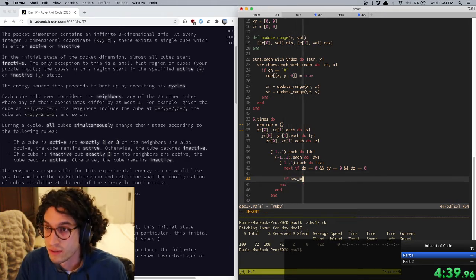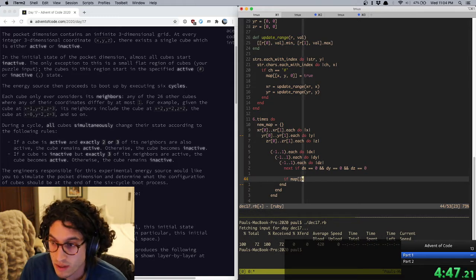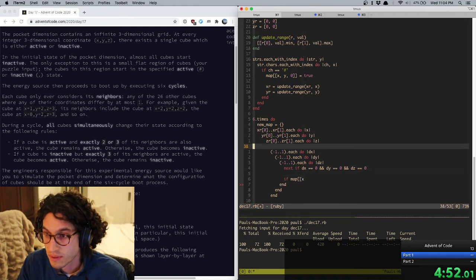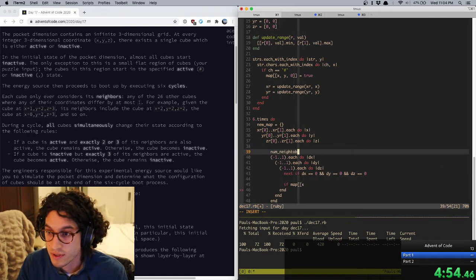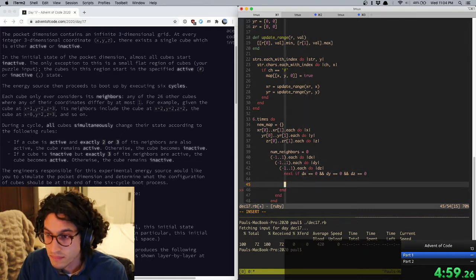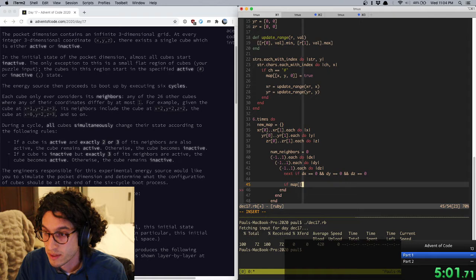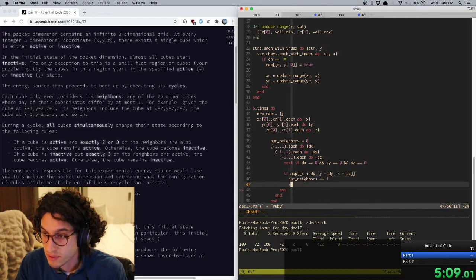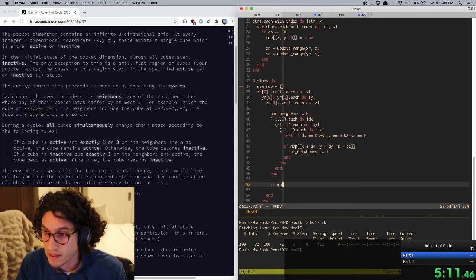If new map, if map x. Num neighbors equals 0. If map x plus dx, y plus dy, z plus dz, num neighbors plus equals 1. If map x, y, z, else